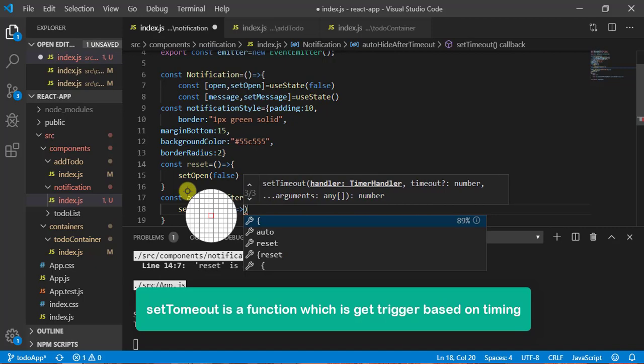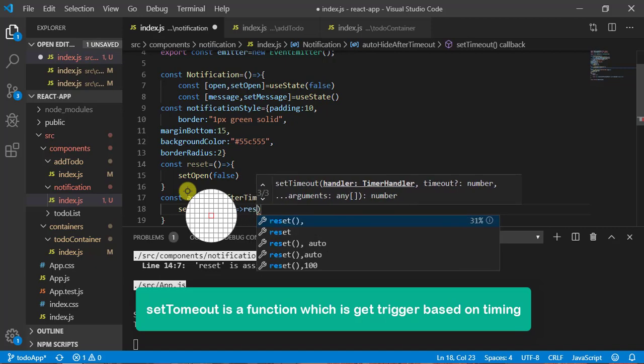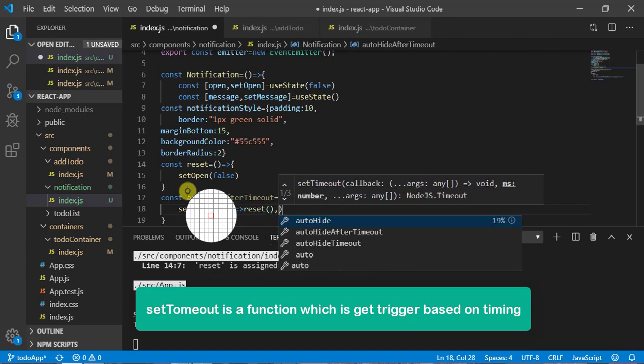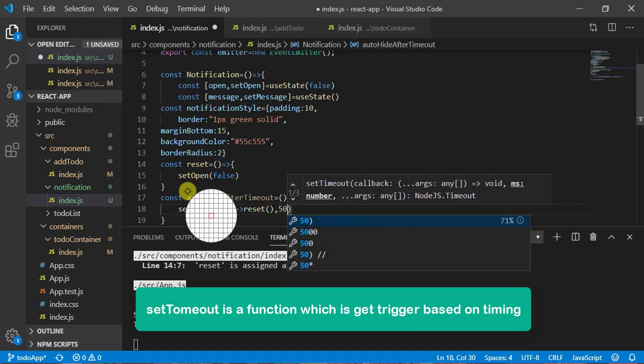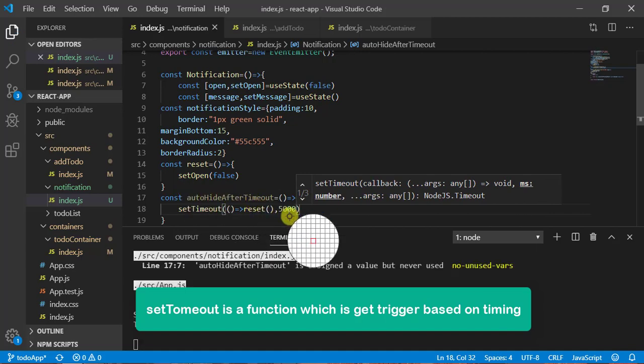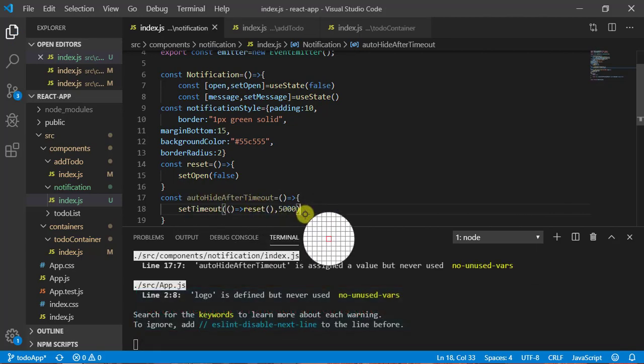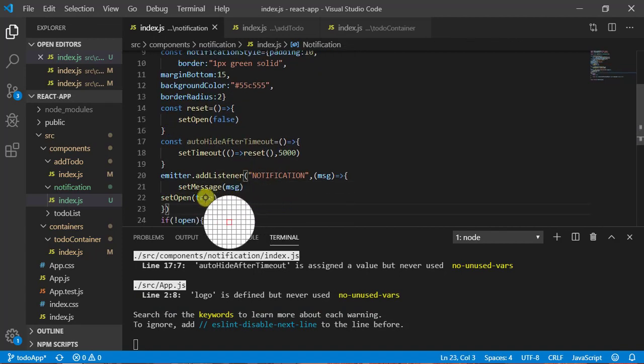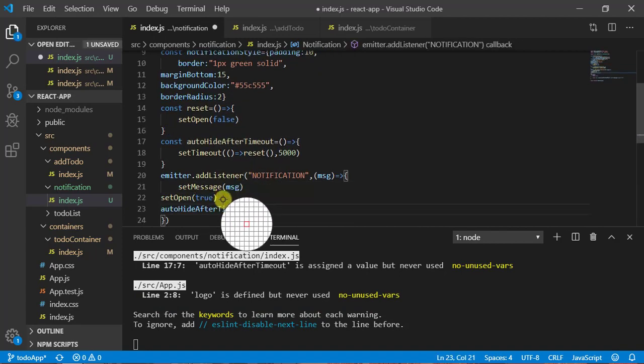Here I can call this reset function, and the second parameter is going to be the time. So let's define 5000 milliseconds, that means 5 seconds. Now we have to call this function, so let's call it after this line.